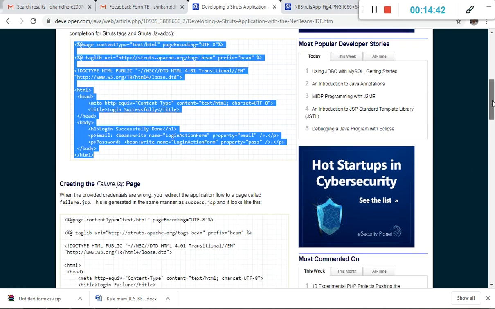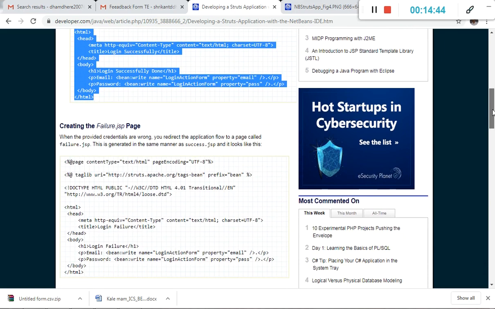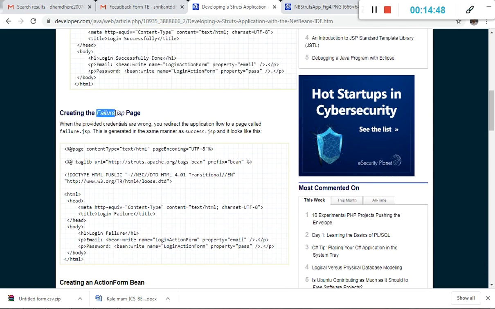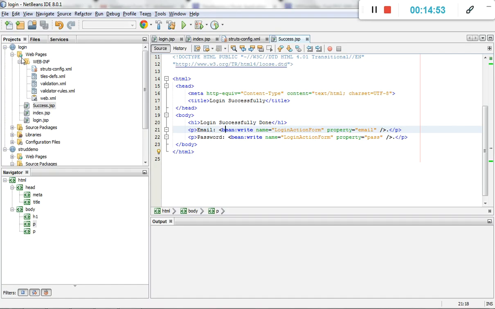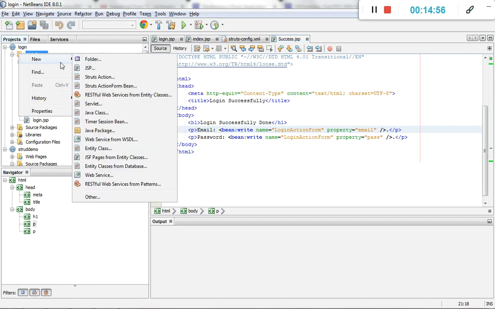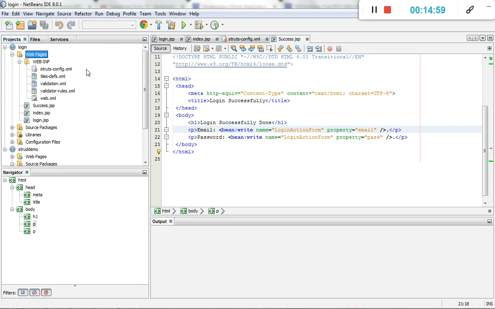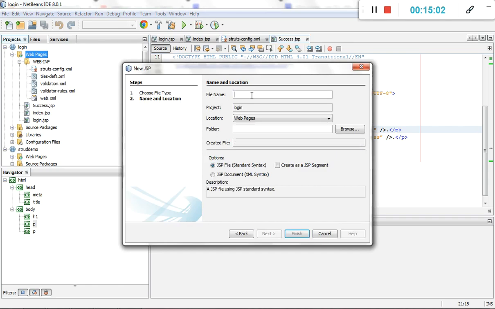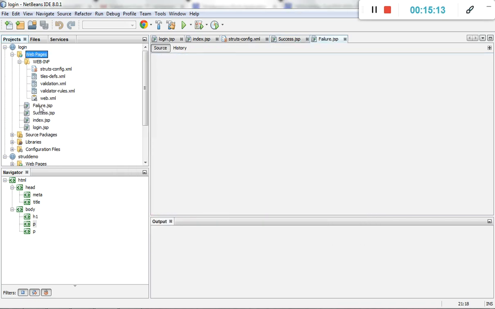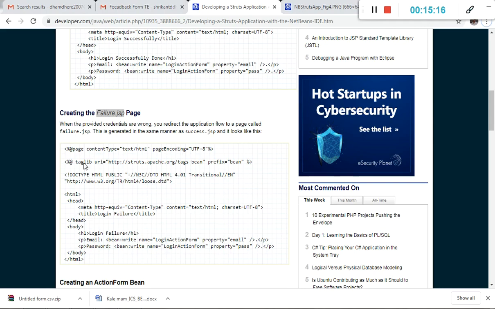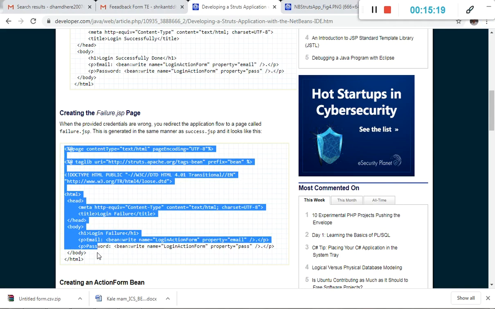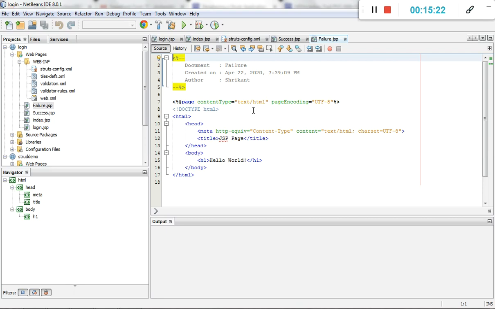later. Then again we need to create the same as a failure.jsp, same as we created the login success.jsp. We just create a new JSP, then change the name as failure.jsp, finish, then it's a failure.jsp. Now we copy this code to the failure.jsp,